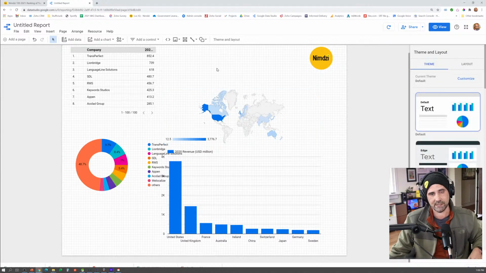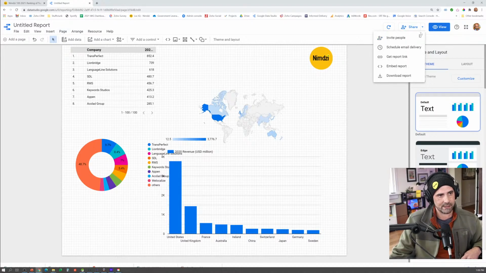Anything I want. I can make this look as pretty as I want. I can make it look as ugly as I want. I can add additional pages. I can add additional tabs. It's very cool. And then when I'm ready to share it, I can embed it, which is really cool, because